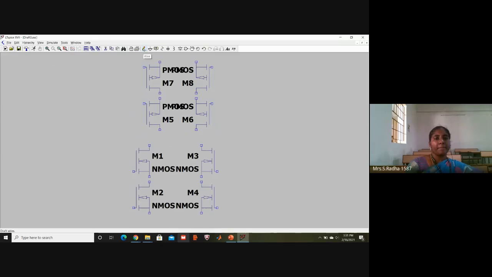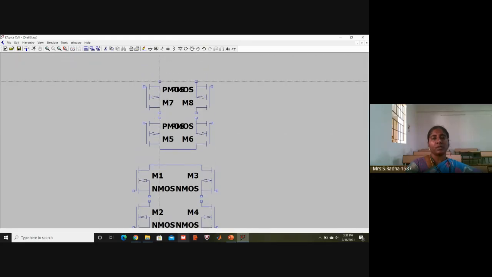Now I will join these two drain points. I will join these two source points. I will join these two drain points. And I will join these two.